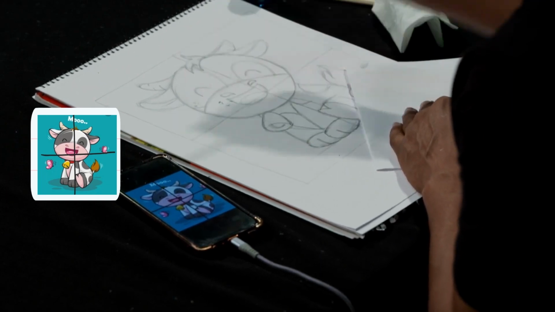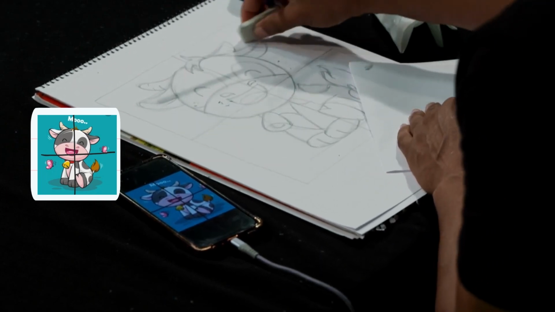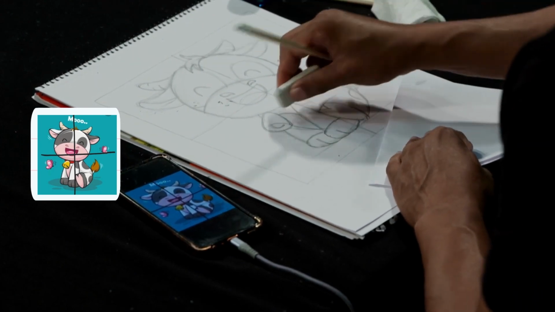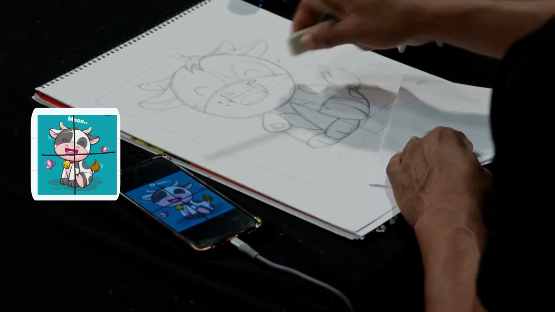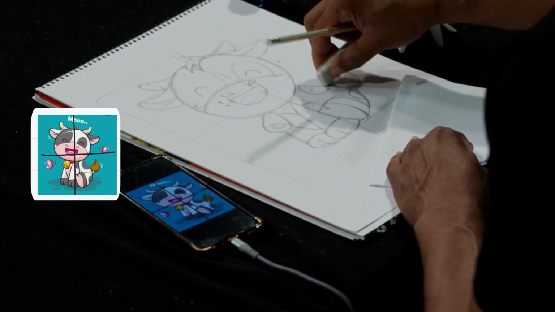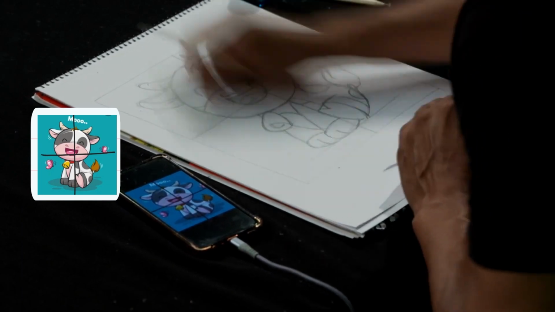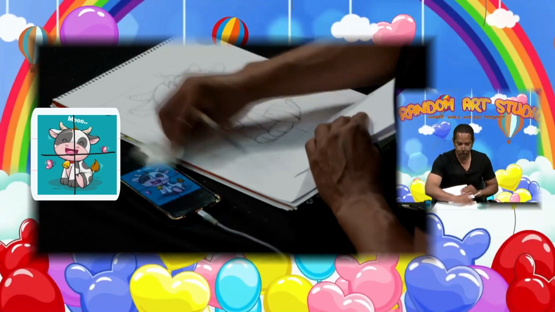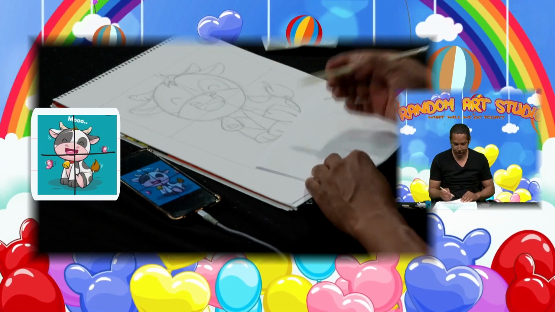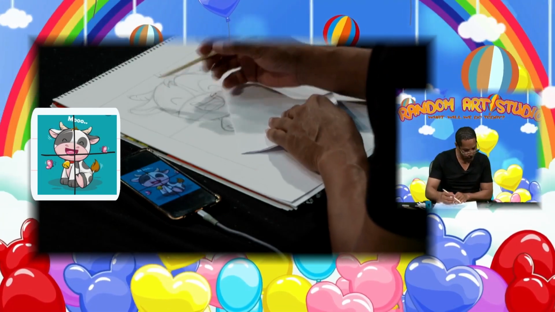As I've been talking, I've been rubbing out some of the additional lines that we put in that I realize we don't actually need, right? Lines under his neck, lines on his legs, line under his chin, all of those lines that I don't think we need, I've just been knocking them out with the rubber and using my tissue to rub away the flakes as well. Right, now I'm going to start shading in some of those gray bits so that we can see